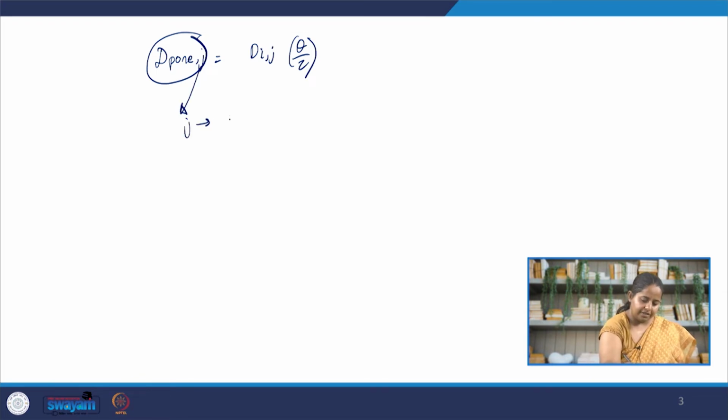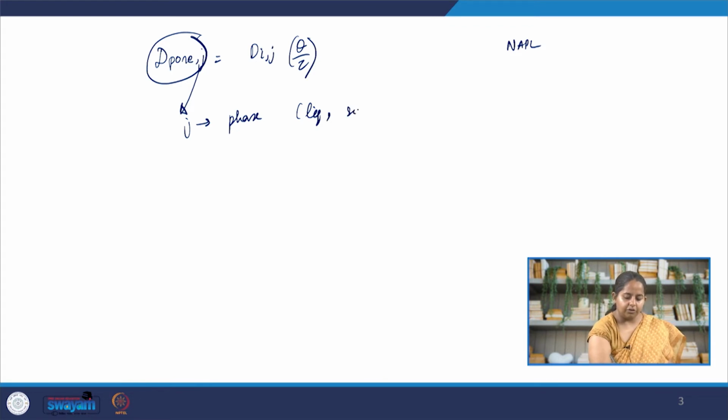So j is your phase, and by phase, once again, it could be liquid. So for example, in case of groundwater in the vadose zone, so soil moisture basically, contaminated with, let's say, a non-aqueous phase liquid, petroleum or something similar, then the water will be a liquid phase. Another liquid phase could be the pure contaminant in the dry area. So phase could be liquid, it could be solid, for example, the soil particles themselves, or the gas. If you are interested in how the NAPL is diffusing through the gas within the vadose zone, between the pores